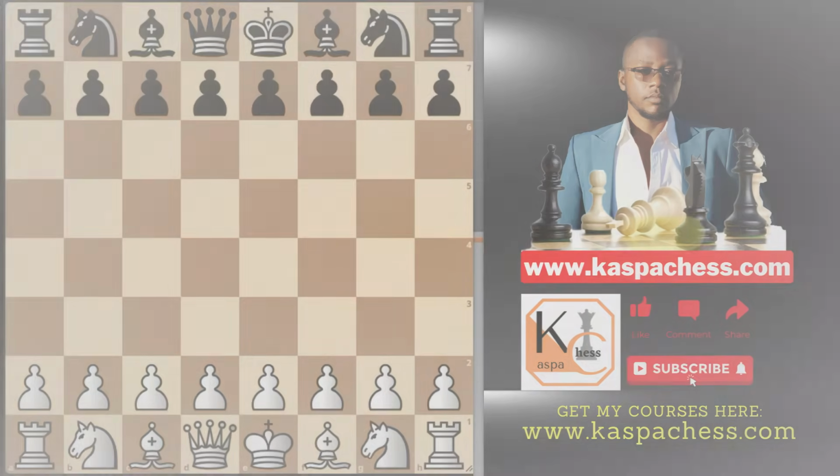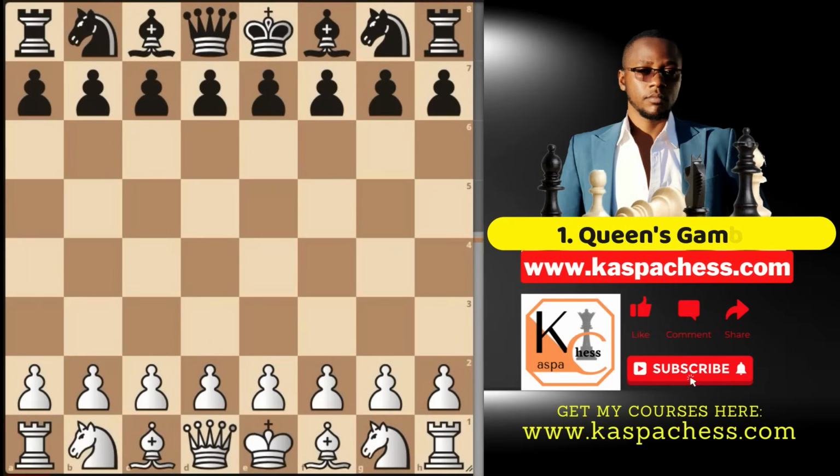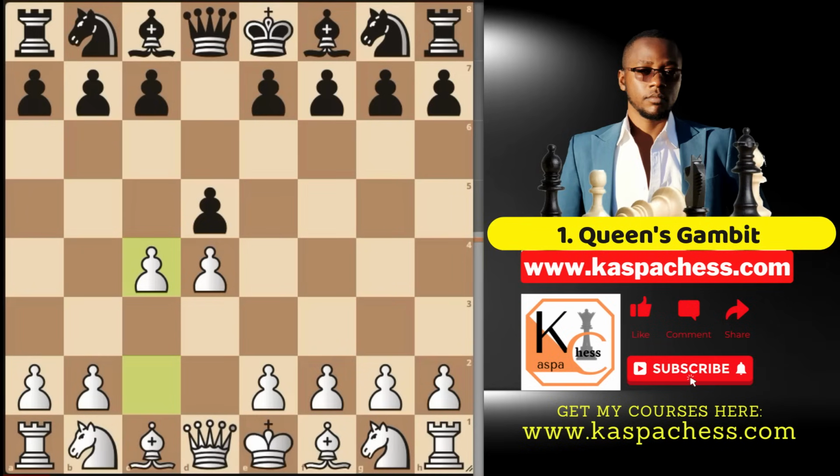High level gambit number 1, the Queen's Gambit, obviously. Beginning with the move pawn to d4. Then after d5, you simply go pawn to c4. Some chess experts have argued to say the Queen's Gambit is not really a gambit if you think about it, for so many reasons. Number 1, it's because after d takes c4, you can easily get back this pawn after